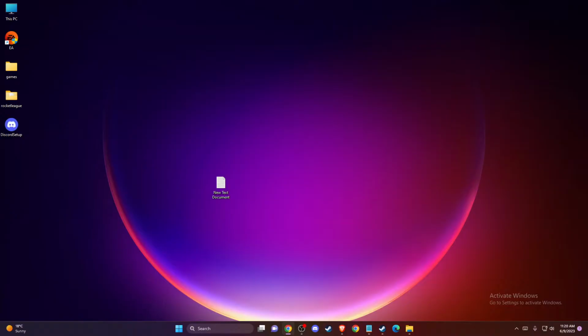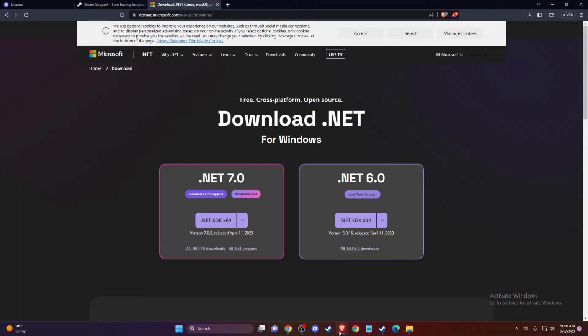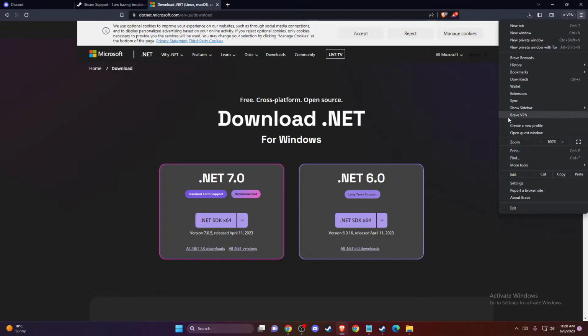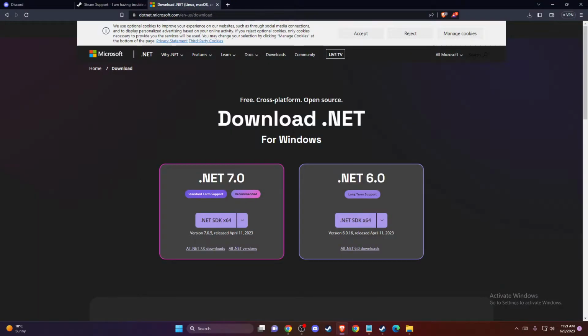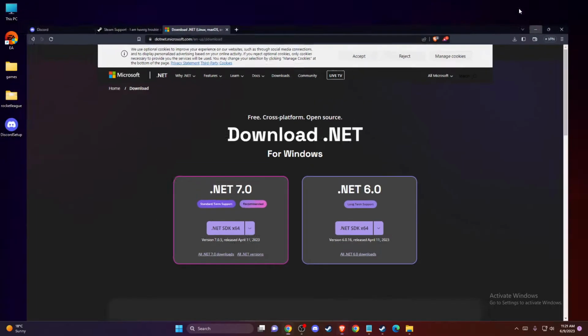So first of all, what you need to do here, if you're playing, for example, on browser, you need to disable browser plugins. So for example, ad blockers sometimes can cause this error. So what you need to do here, you need to go to extensions and disable all the extensions here if you're playing on web version, right? And if the problem persists, then another thing that you can do here is to change your DNS